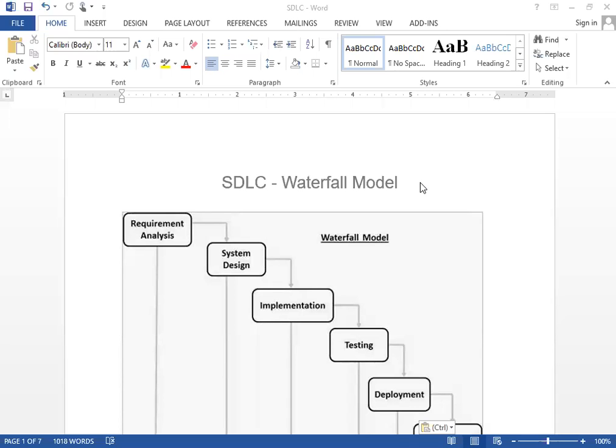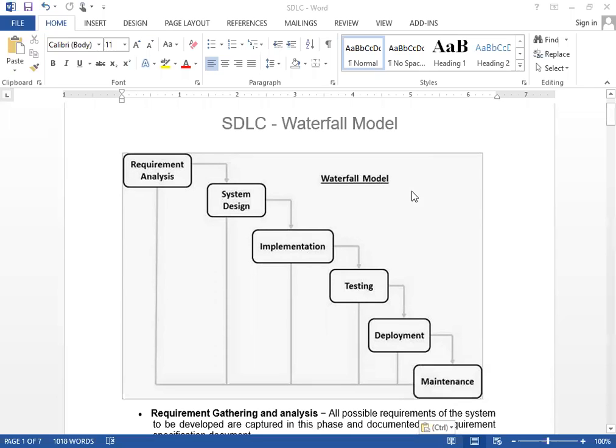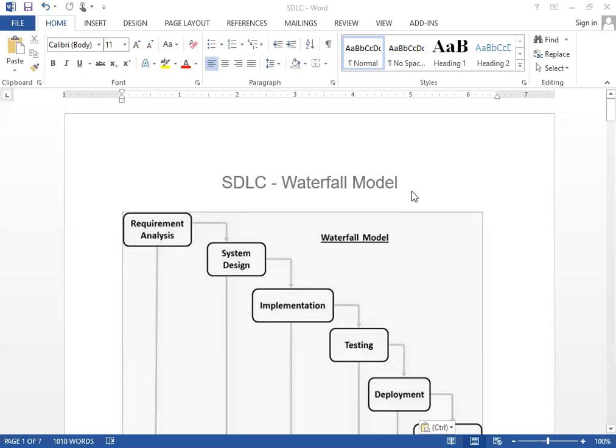Hello everyone. In the last lecture we discussed the software development life cycles, and in this lecture we are going to see some models available in the software development life cycle that we use in our day-to-day software development. So the first one is the very basic waterfall model. We have discussed all these models in software engineering. We just review them in software quality assurance, so we get an idea regarding them.